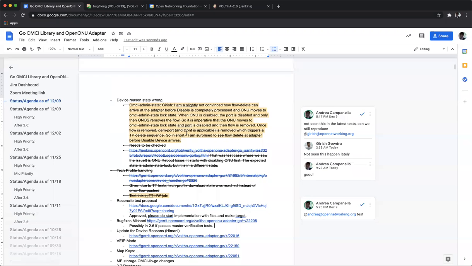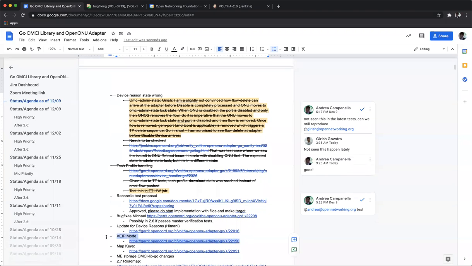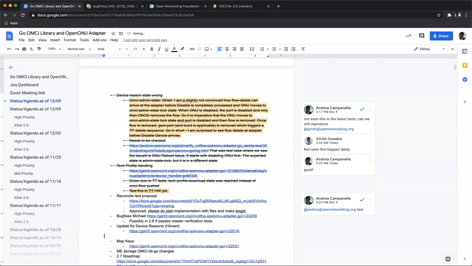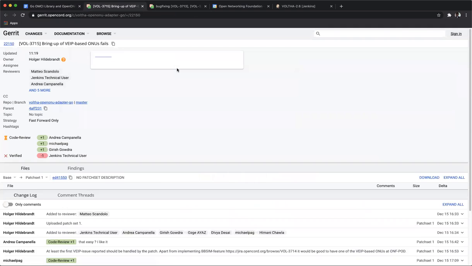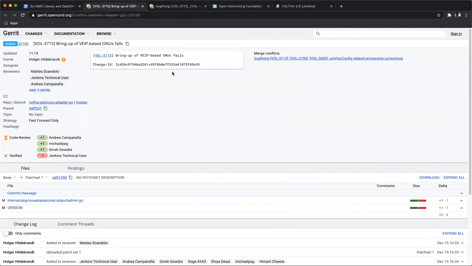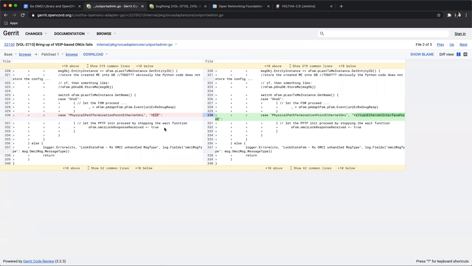As we discussed. Okay. Something else, sorry if I'm jumping around, but something else that we might decide to include for 2.6, again if the master branch is okay, is the patch from Holger to support VAP mode, which is this one. Again, mostly I would treat this as a bug fix because really this is not the right string.